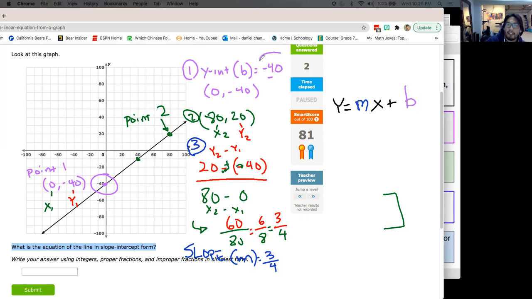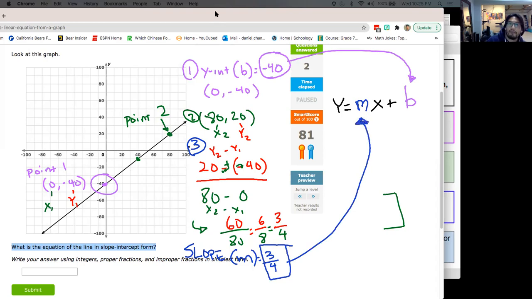And I'm going to take this -40 and I'm going to replace the letter b with the -40. And I'm going to take my slope of 3/4 and I'm going to replace the letter m. So what do we have? Get rid of this little thing over here so I have more room. I'm going to end up with